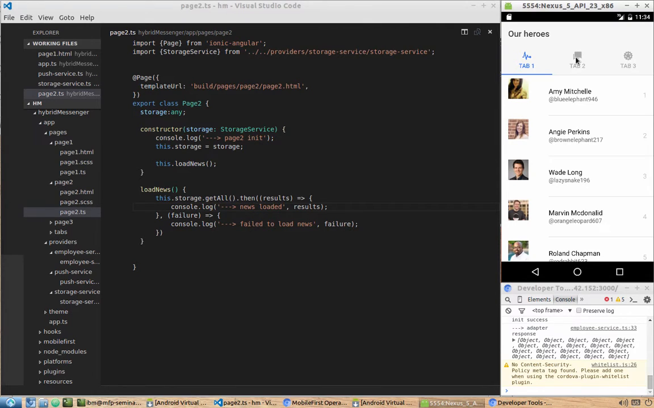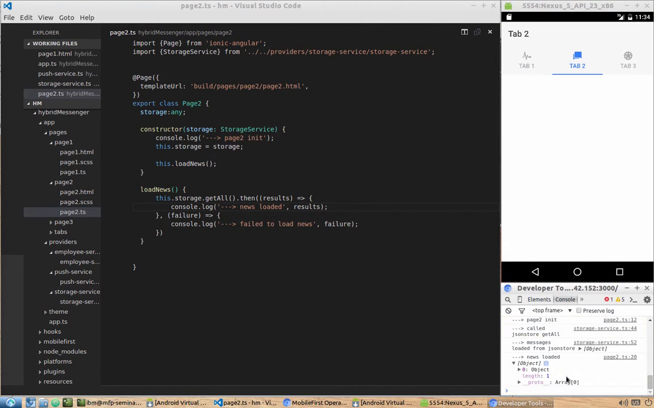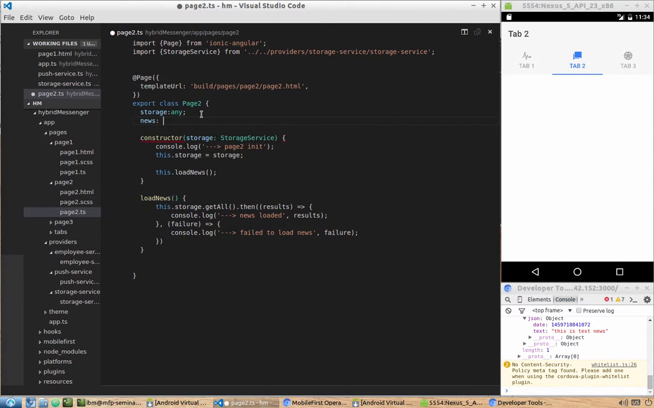Okay, let's go to tab 2. Excellent. So we loaded news. Inside we have a JSON. Inside the JSON we have date and text, just as we put it there. Cool. So let's create one more variable here, something like news, for example, again with type any. And once we loaded these results, we will assign this news to the results that we got,